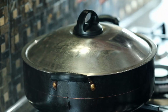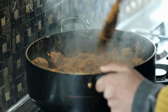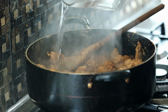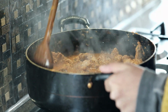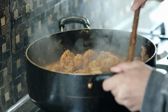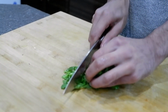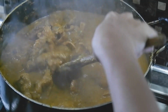After about 5 minutes, the chicken will have released some moisture. Add back some water, mix up well, cover back up and let simmer. Chop up some coriander for garnish. Once the sauce has thickened and the chicken is tender,